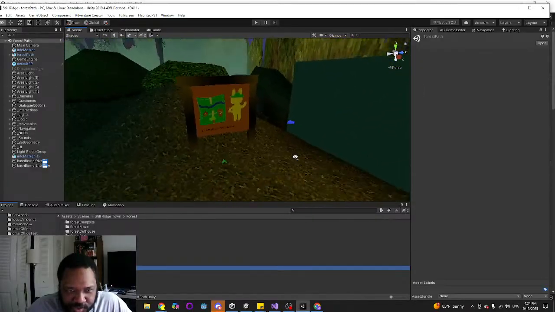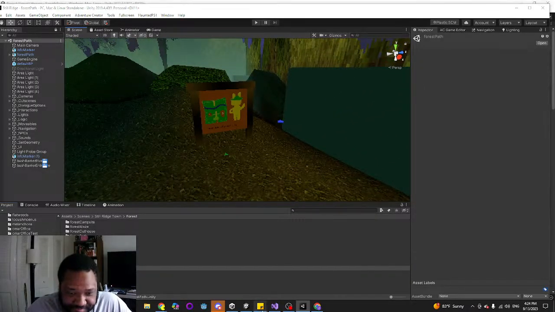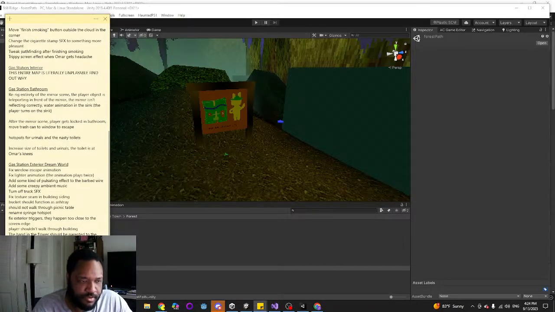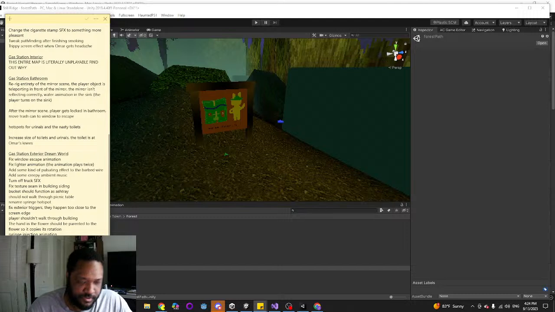All right, so this is the starting area. Oh, actually, I want a trigger between concrete and grass that changes the player's footsteps.